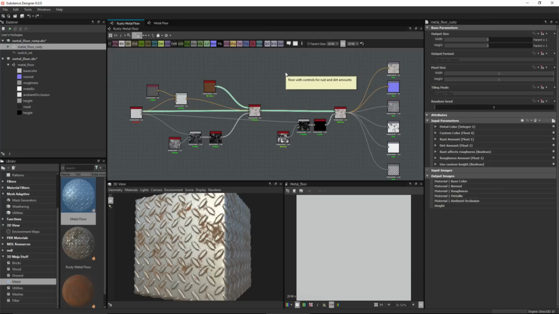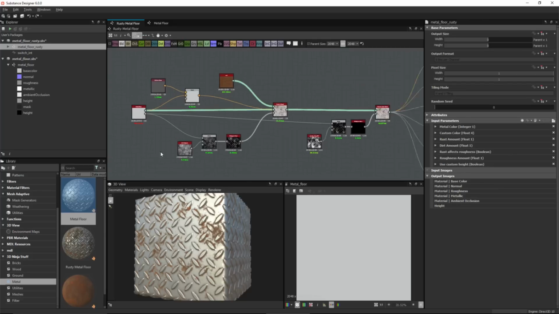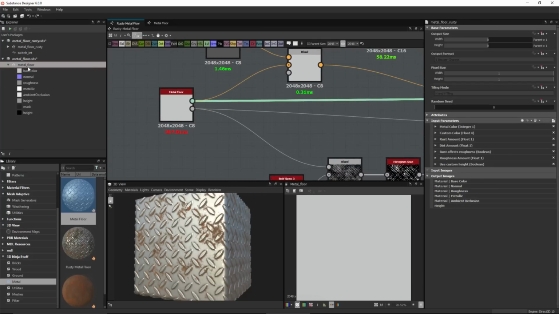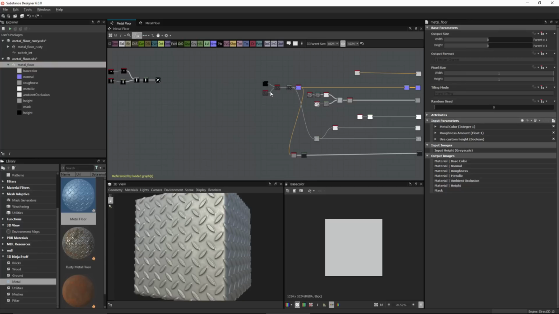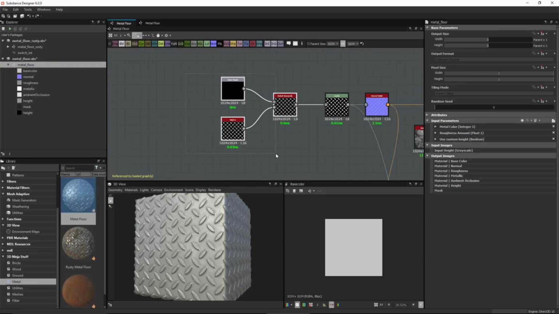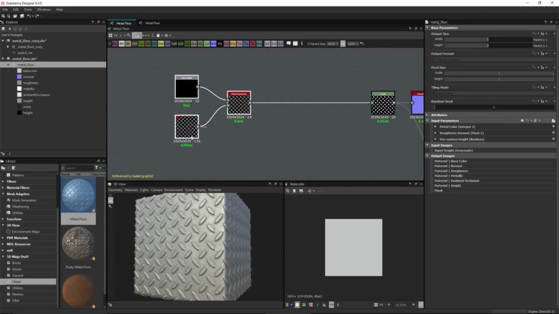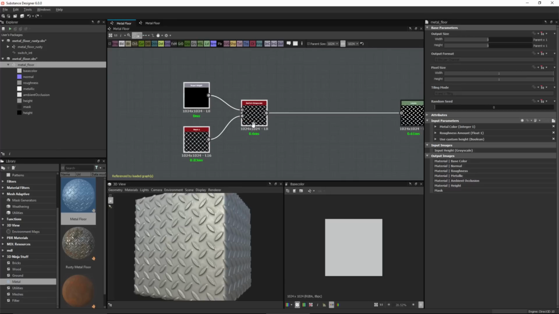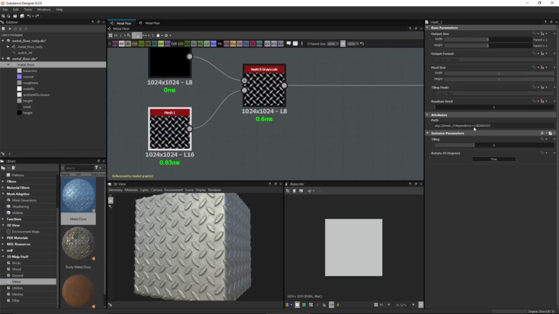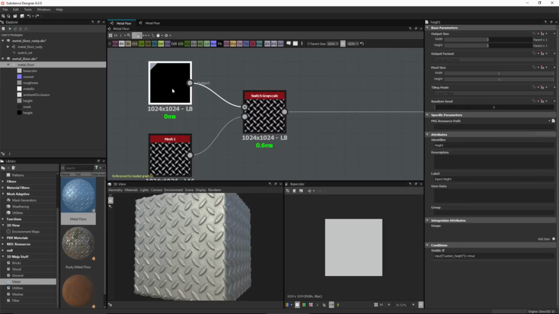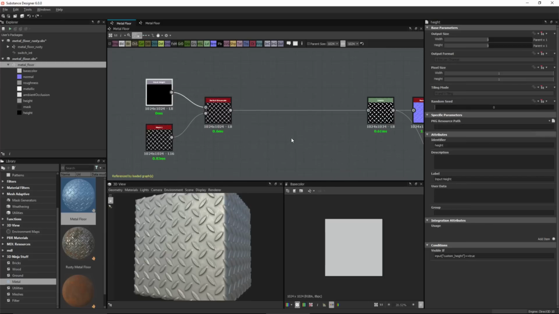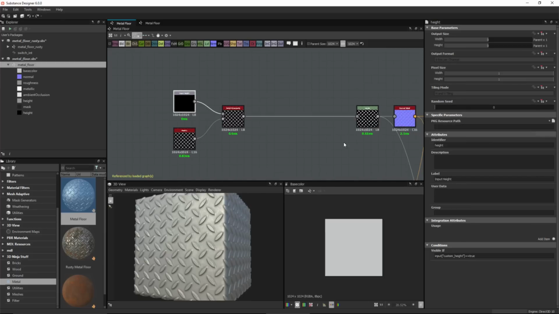Now, I think there's one more thing I'd like to add here to this metal floor. So let's jump back to this since we already have it open. In this section here is where we're either going to work with our default shape or we're going to work here with our custom height. We do have a tiling control here on this first shape, but for our custom height, we don't really have any tiling. So I think what I'd like to do is right before I feed this into my level,